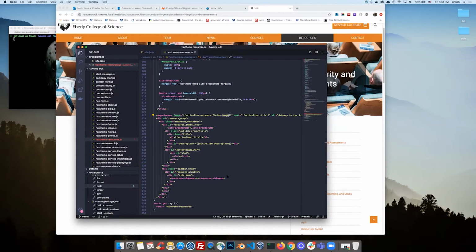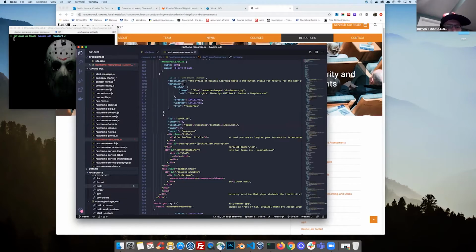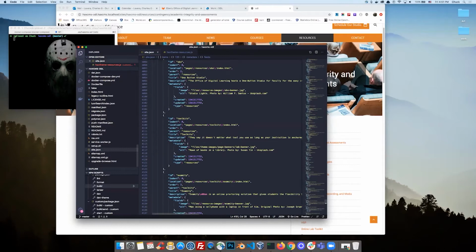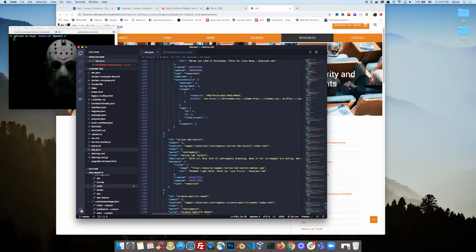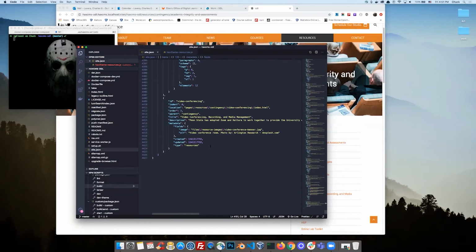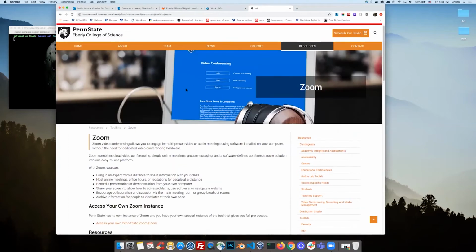Let me get back here. Oh, wrong one again. We go to site JSON, and we come down to, let's just look at the bottom here. So, video conferencing, right? You can see I'm pumping in an image and its alt text by the active ID, and then the metadata fields and image are just stepping through that. And if I come down to our online conferencing page, you can see the image here. And then if I inspect,